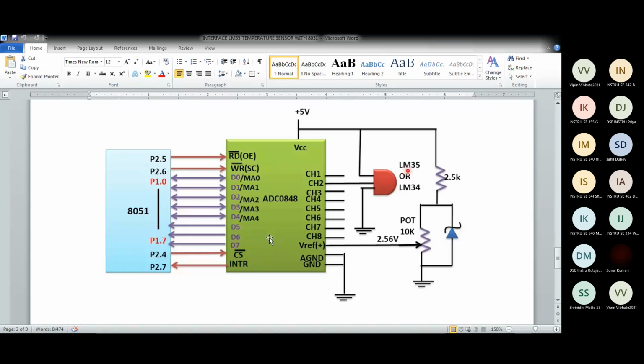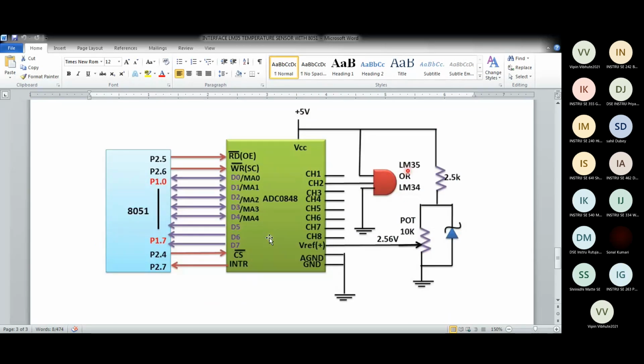The one important thing of an ADC is that we have to give a reference voltage. Now see this VREF over here; it is given 2.5 volts through a variable pot. And this zener over here, which is shown at the last, is for protection. This zener is 5 volt protection. If the supply goes over 5 volts, it will protect the circuit.